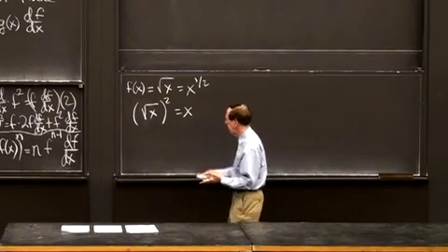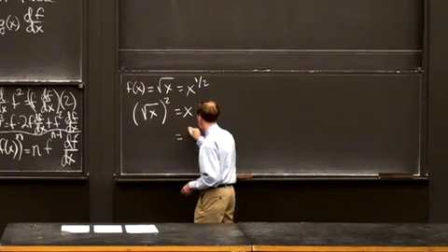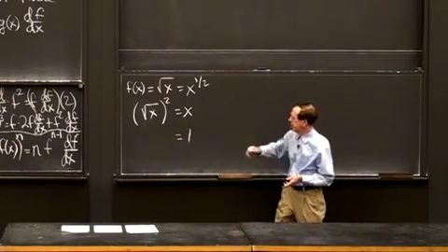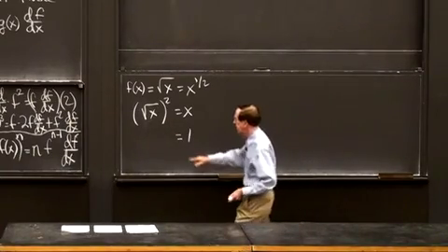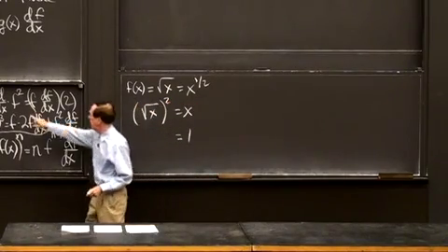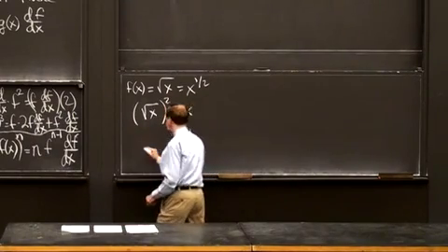And now what am I going to do? I'm going to take the derivative. Well, the derivative on the right side is a 1. The derivative of x is 1. What is the derivative of that left-hand side? Well, that fits my pattern. You see, here's my f of x squared, and I had a little formula for the derivative of f of x squared. So the derivative of this is 2